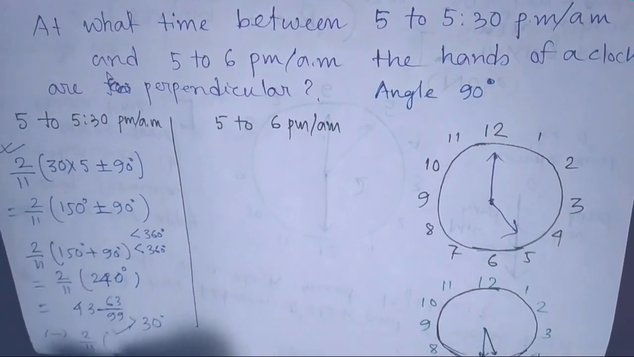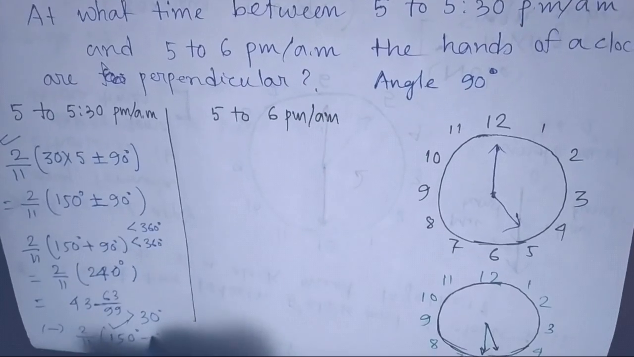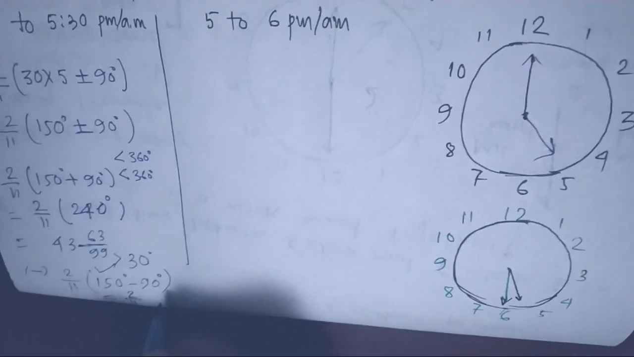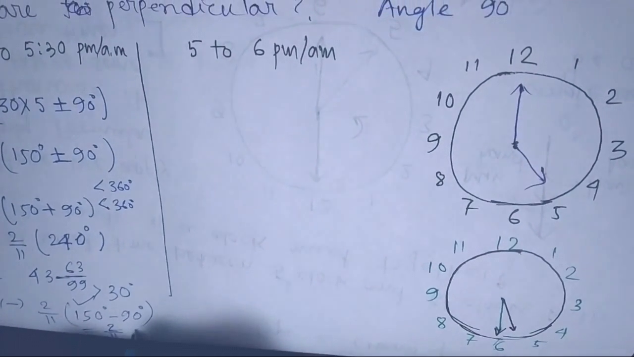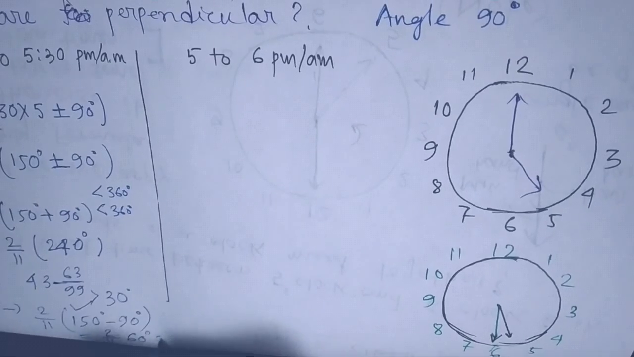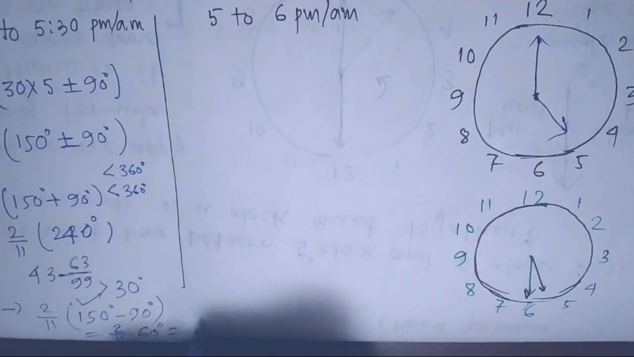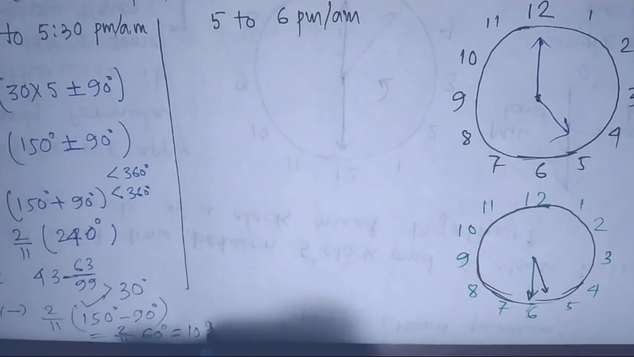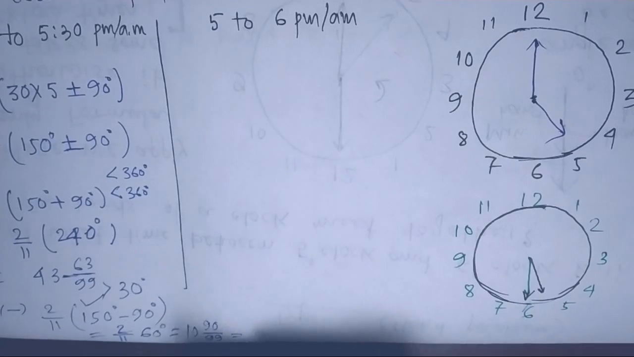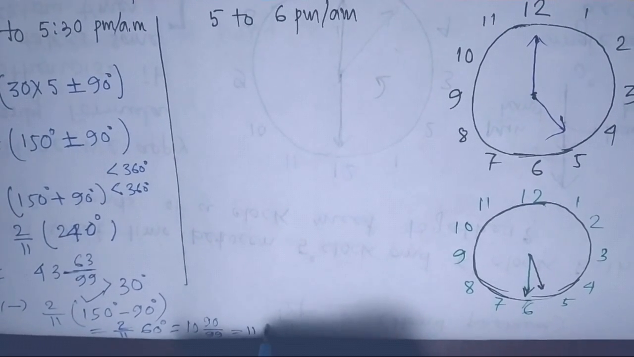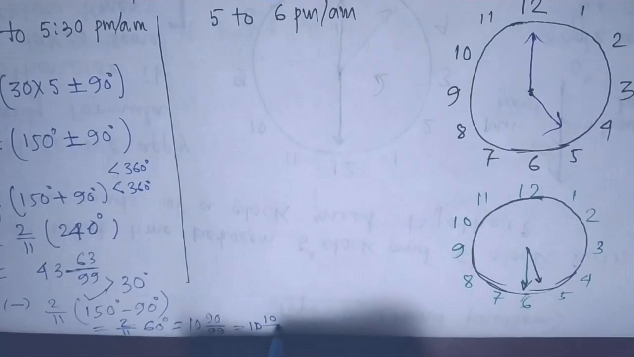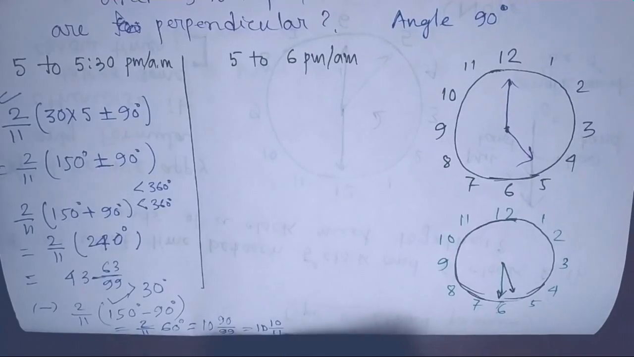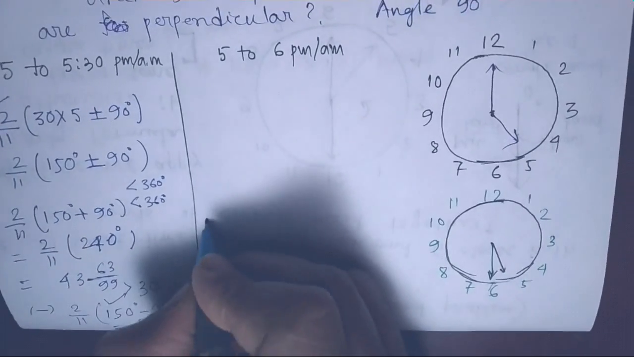2 by 11, 150 degree, 90 degree, and 46 degree, and it becomes 10 of 90 by 99, equal to 9 by 11, and the answer is,